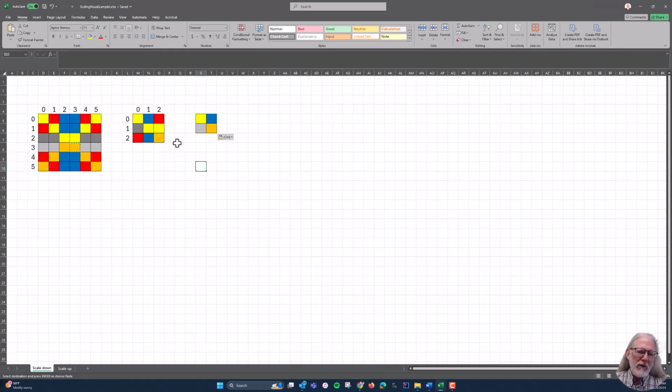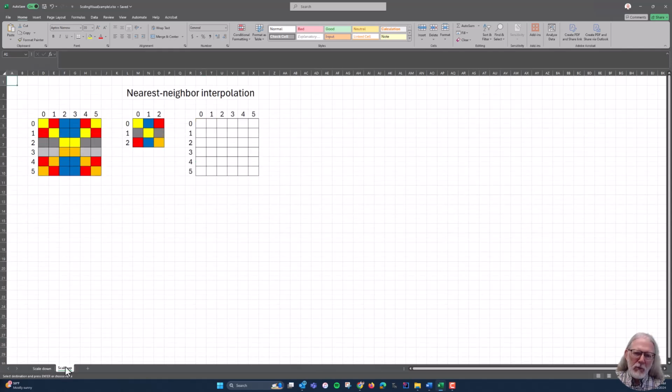So let's take a look at what it would be like to take this small image and scale it back up to its original size. I'm going to jump to another tab where I've already got the beginnings here, but then I've got a grid laid out. We're going to do something called the nearest neighbor interpolation. Interpolation basically means creating something based on what you know. So the idea is that for a given pixel that we move over, we're going to use the same value multiple times. We're starting with a 3x3 grid, 9 pixels, and we're going back to our original size of 6x6,